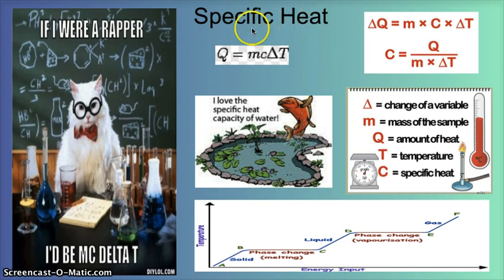Now, specific heat, this is the formula. However, specific heat is this constant right here in the formula. What Q stands for is the amount of heat, which is measured in joules, and of course the mass will be in kilograms, but it could be in grams. You may be wondering why you can have temperature in either Kelvin or Celsius, and why you can have mass in either grams or kilograms, and it's because this formula is not